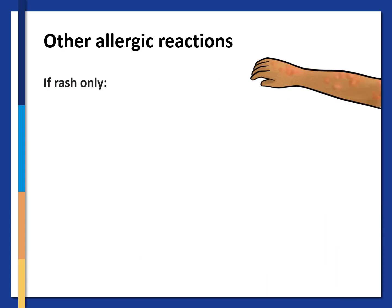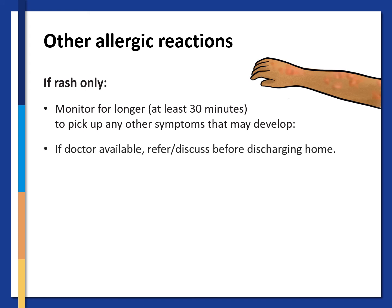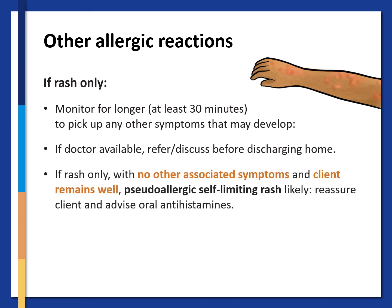If a client presents with a rash only, with no other associated symptoms, and the client is well, monitor this client for longer to ensure no other concerning symptoms develop. If able, discuss these cases with a doctor. If no other symptoms develop and client remains well, it's likely to be a pseudo-allergic self-limiting rash, which may respond